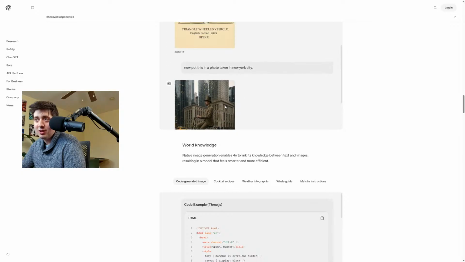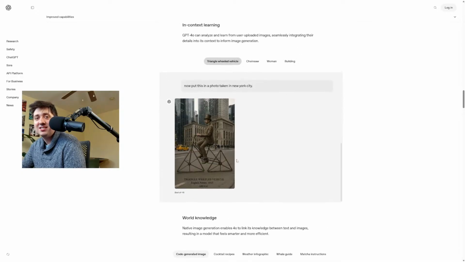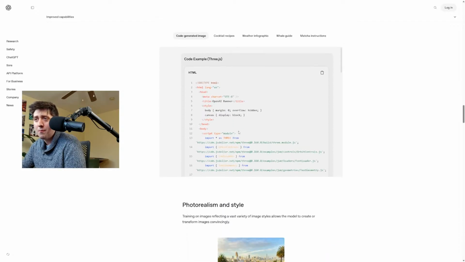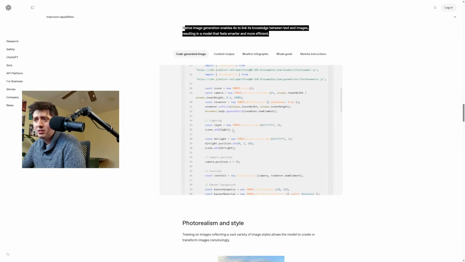Patent for the thing that you like, best of 16. So it was challenged by that one, but didn't quite figure it out. World knowledge, native image generation links its knowledge between text and image, resulting in a model that feels smarter and more efficient. So it's better at